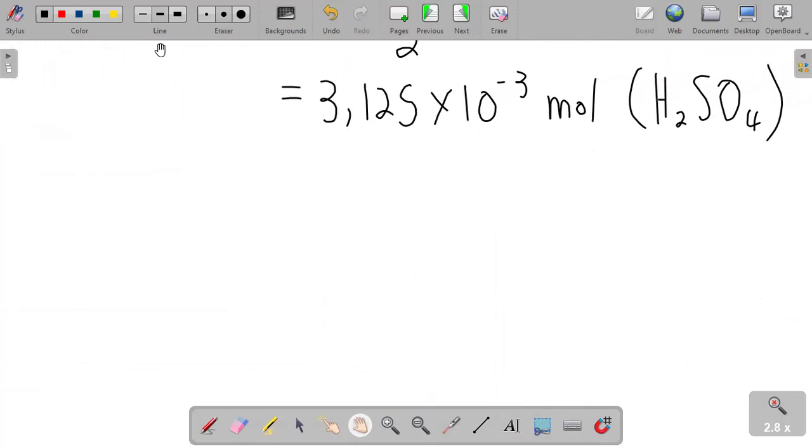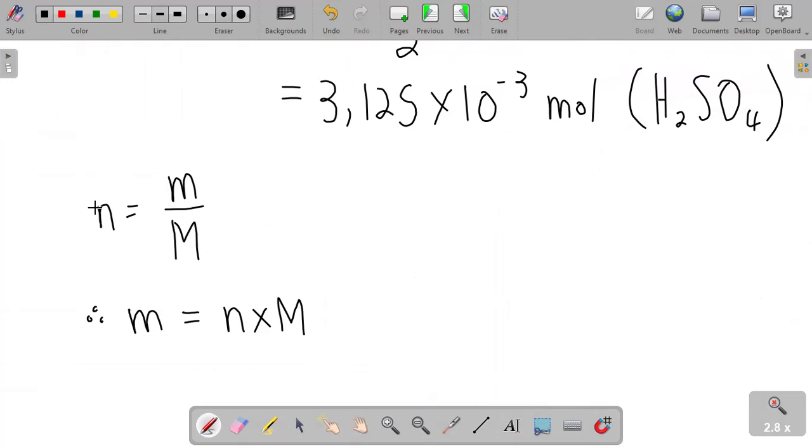So we say n equals m over M. Then we can change the subject. Therefore, m, because we're looking for the mass, m will be equal to n multiplied by M. So we do cross multiplication. This multiply by that. So then the n is 3.125